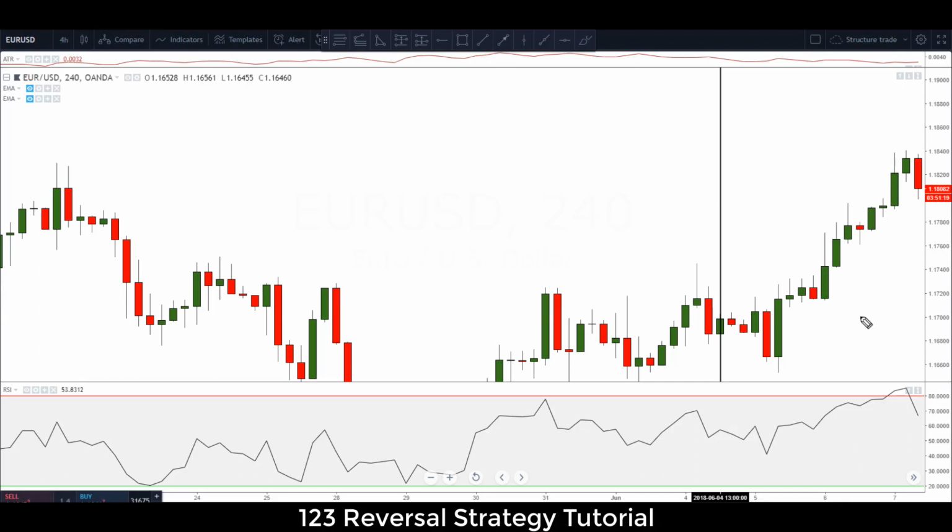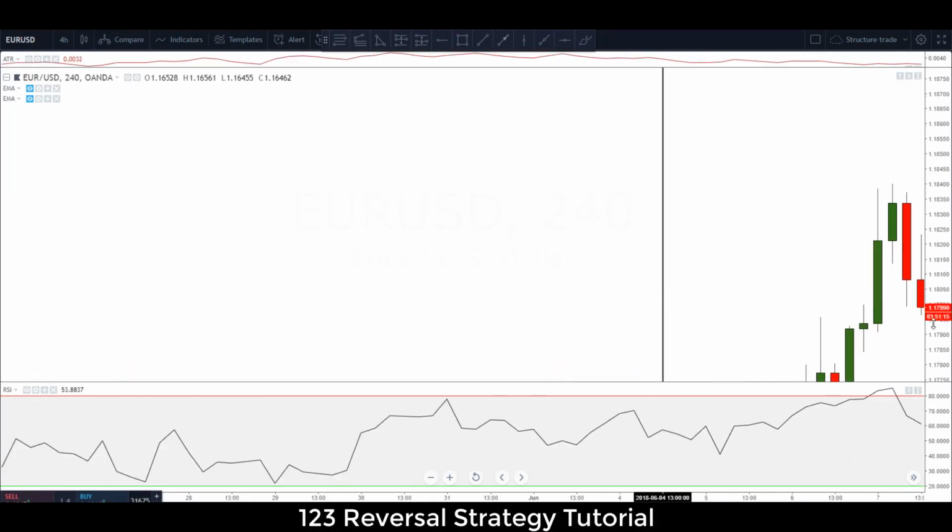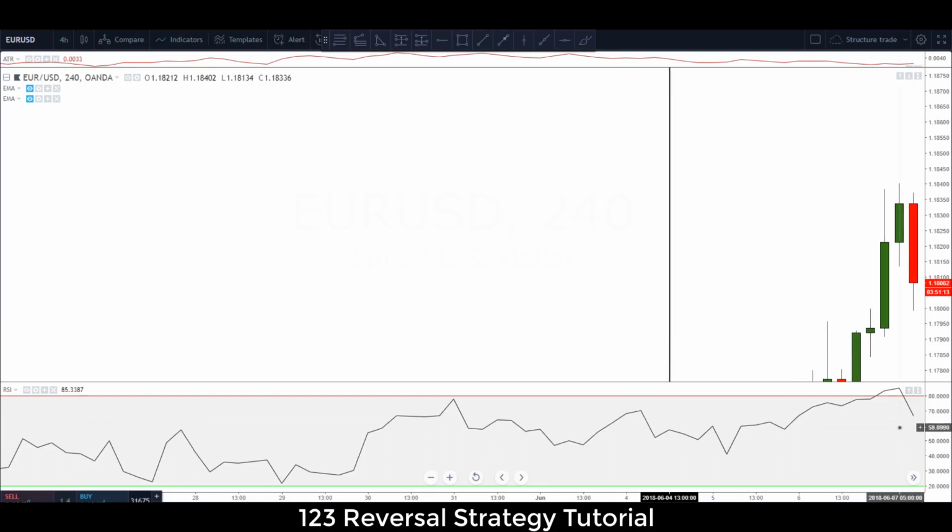But here, and actually I'll zoom in just a little bit more so you can see that this is in fact a 1, 2, 3 engulfing candle. We have a market coming out of an overbought condition. We made it above that 80 mark, our red line. So since we have a market coming out of that overbought condition, we know what we're looking for. We're looking for a 1, 2, 3 engulfing pattern right here coming out of that overbought condition. Since we get that, that's when we would be placing a trade, which is right here at the close of